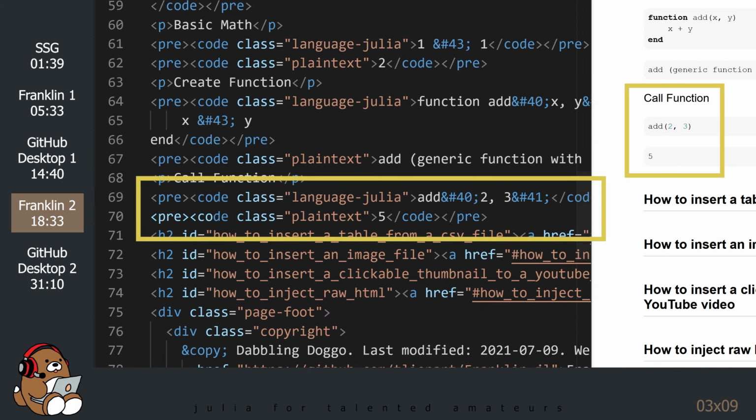I don't think that I can properly express how amazing that I think this is. Franklin is calling a Julia function that we created from within our Markdown file and is grabbing the output and then converting the Julia output into HTML. Hopefully, you're beginning to see the possibilities of using Franklin. Your Julia code is no longer confined to your local machine. You can now use Franklin to share your code with the world, and Franklin will not only display it, but it will evaluate it as well and display the output for you.